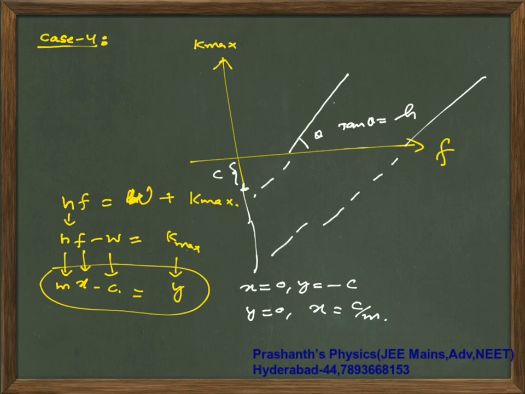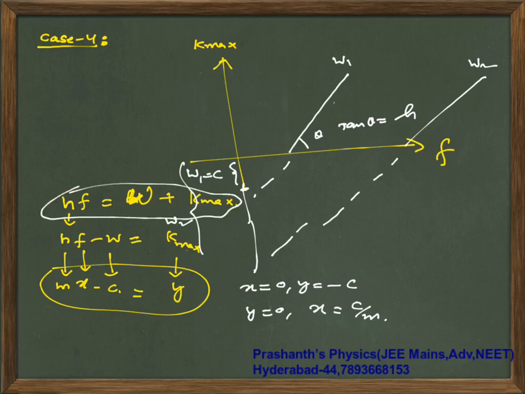Now coming to your work function, your intercept is work function: this is W1, this is W2. Exactly similar graph, but in the previous graph your slope gives you h by e, here it gives h. Previously the intercept on the y axis was work function by e, now here it is the work function. So stick to this basic photoelectric effect equation, and you will be able to tick the answer properly. So don't worry at all. It is easy, it's not tough. You will be able to do any question that is given.